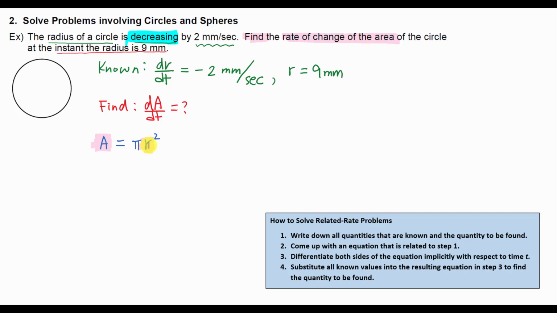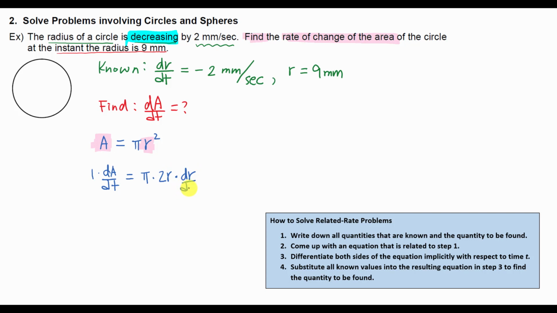Now we need to take the derivative of both sides implicitly with respect to t because I have to find dA/dt. This equation doesn't give me what dA/dt is. So we're going to take the derivative of both sides now. The derivative of A with respect to t is 1 times dA/dt. And the derivative of πr² with respect to t will be, pi is just a number, so you just leave it there. And then for r², when you take the derivative, it is 2r, but now the chain rule,